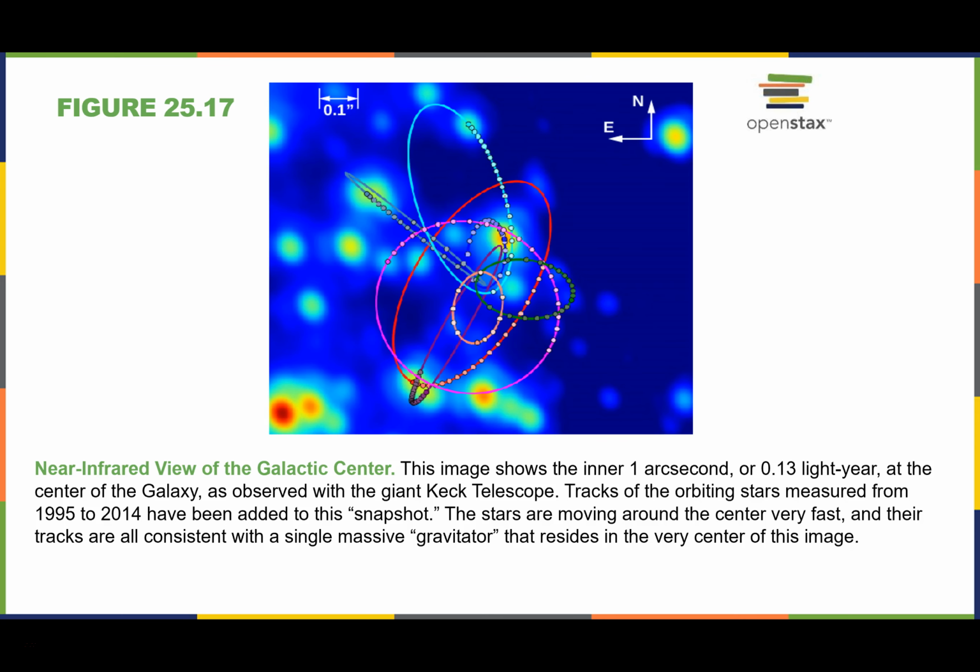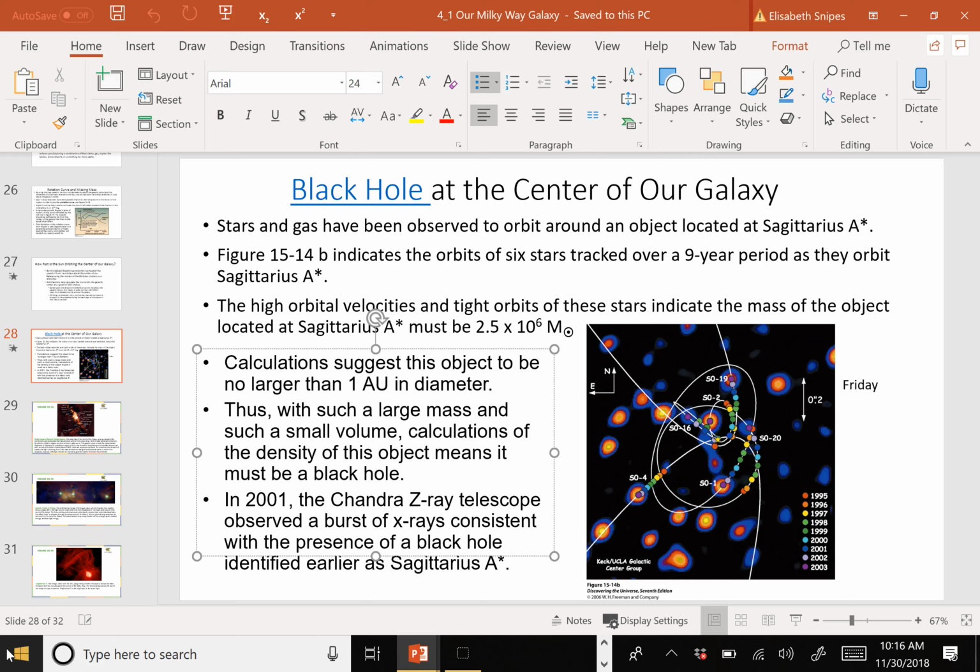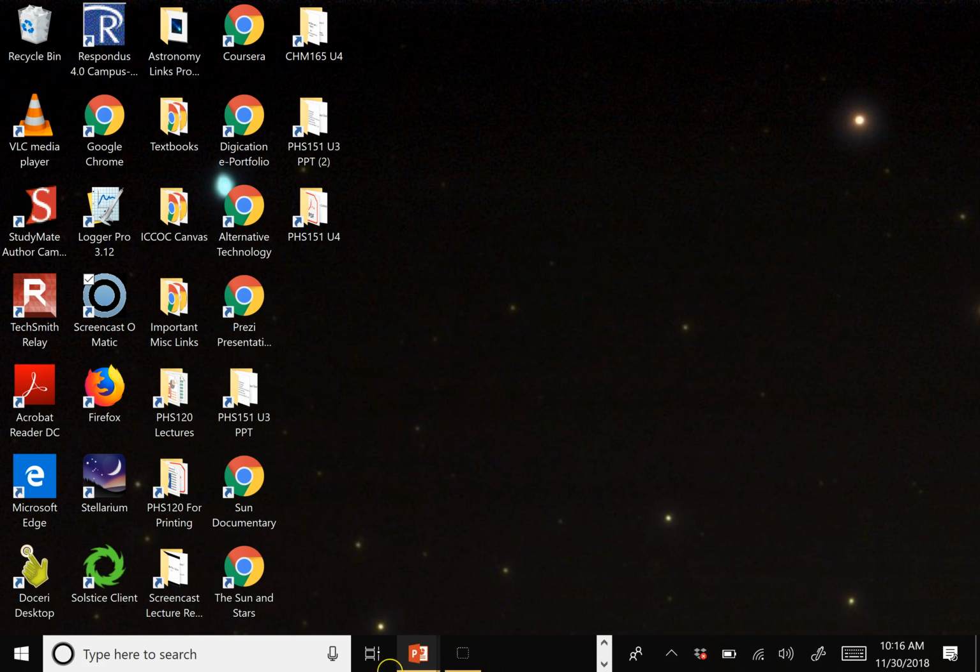And that's just kind of showing you the same as we looked at. So 16 years to kind of plot what those stars are doing, again, so you can get to a mass, and then know that it's a small area, so you know it's squished down enough to be a black hole. All right, so we'll keep plugging away. Next part